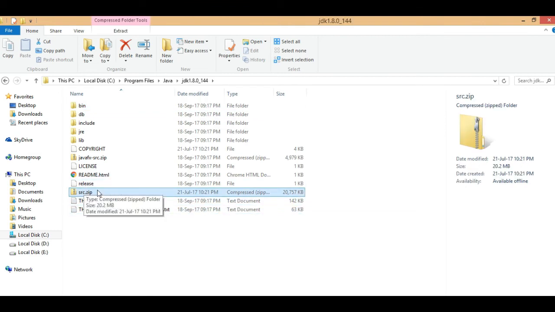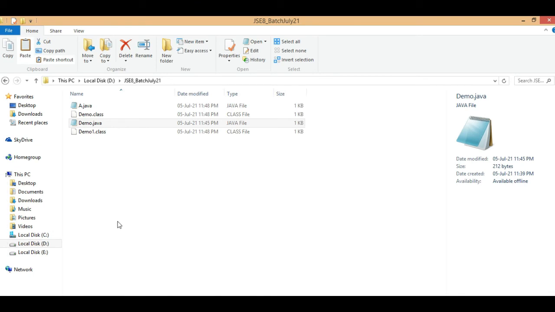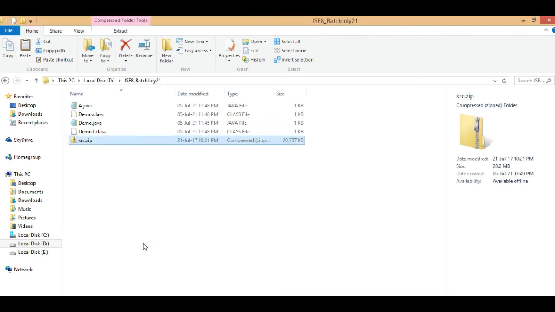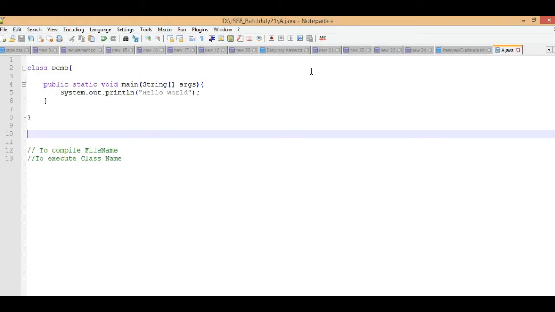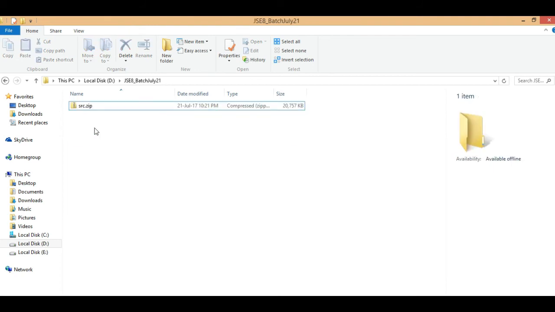So I am copying this source code and pasting it over here. Okay, and I'm deleting these for better understanding. This is clean.